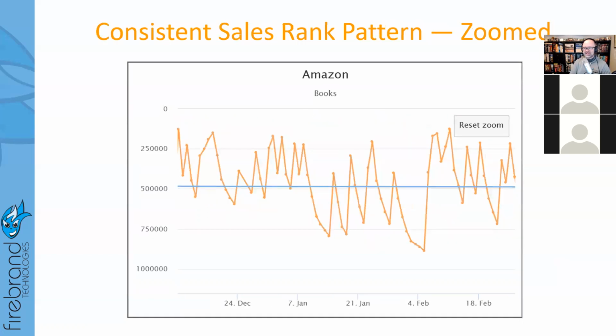If we zoom in on that, drill in on that, you can see the long slopes are really not having time to play out. So this is a great place for a backlist title to be in. Don't knock consistent sellers. This is actually really good. What you want to do in a consistent seller pattern is, if at all possible, try to build more interest and make those consistent sales be more consistent, basically, just again, to tighten up the number of sales you're getting